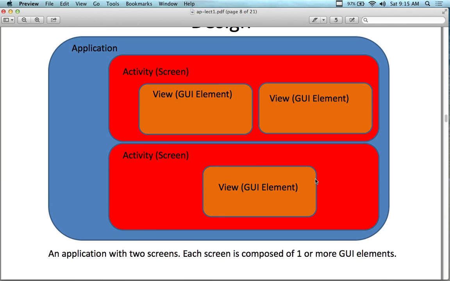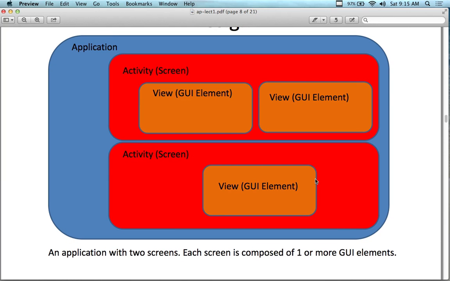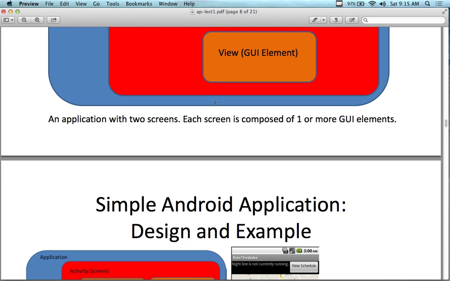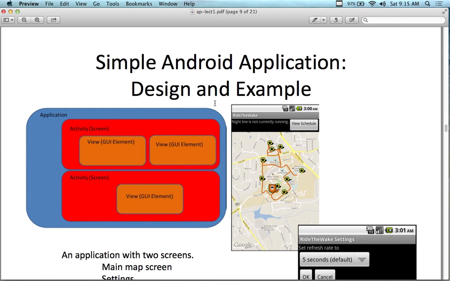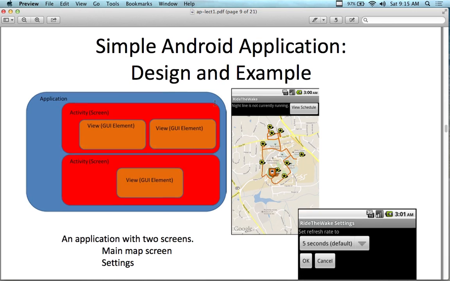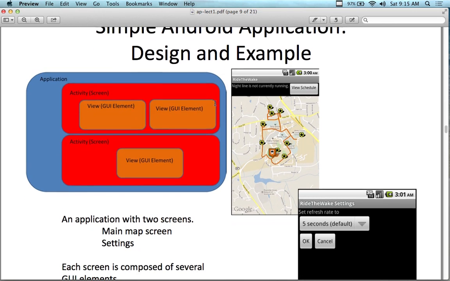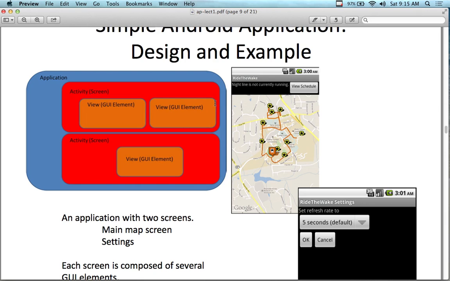So the application here with the two screens, each screen is composed of one or more GUI elements, which is what this picture is showing you. So that's really what we covered last time. In terms of the design, here's a simple Android application design, and this one is using a map approach to it,